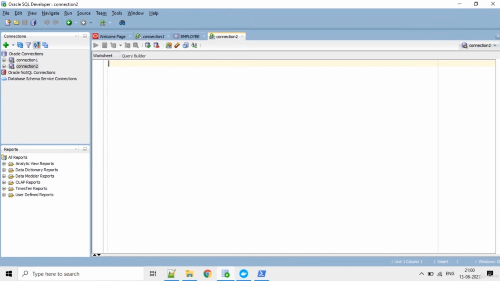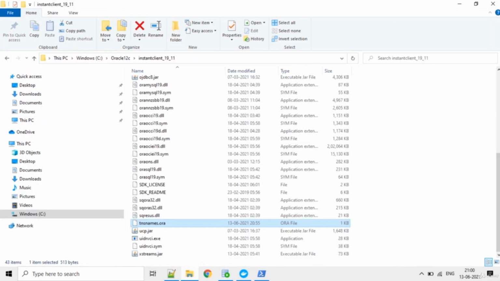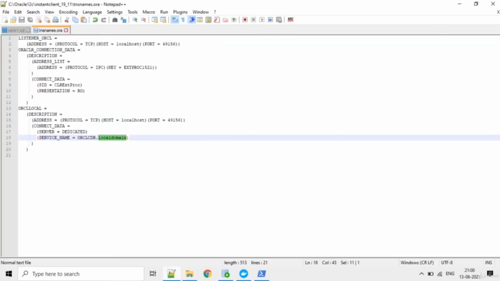Now, how will the application know the database details? For that, Oracle has provided a tnsnames.ora file. I created it and kept it in the instant client folder, the tnsnames.ora. I'll open this file here. So you can see tnsnames.ora, which has a